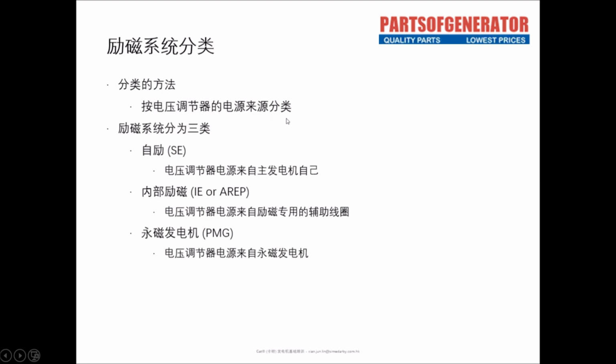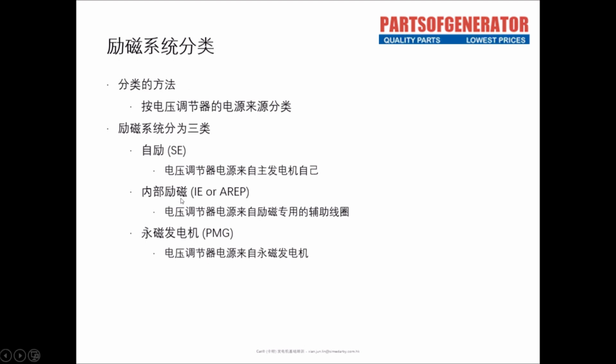Excitation system. Regarding the excitation system of the generator, let's first talk about its classification and the classification method. In fact, we classify the excitation system according to the source of the power source of the voltage regulator. Brushless synchronous generators have three types of excitation systems,